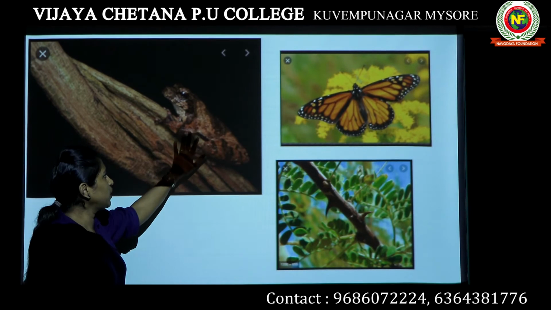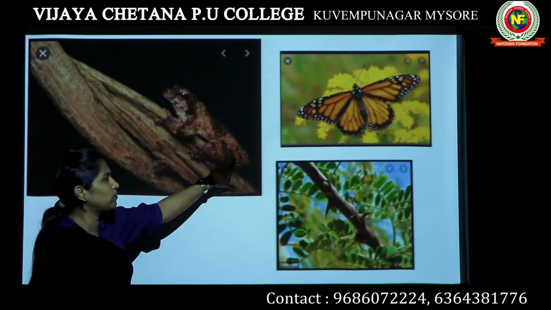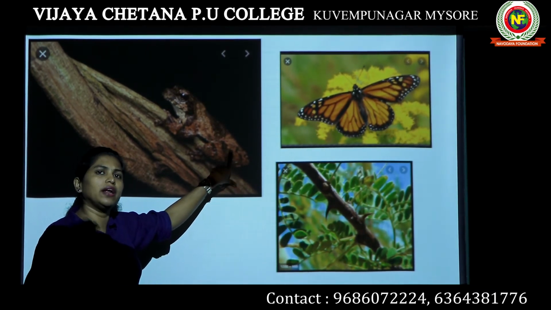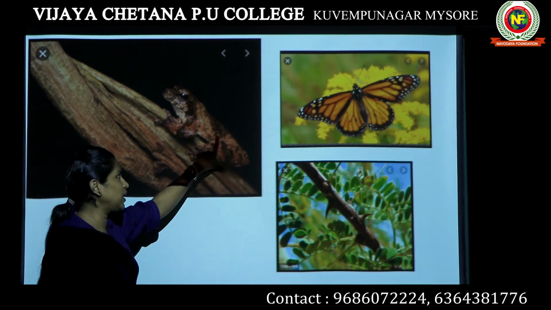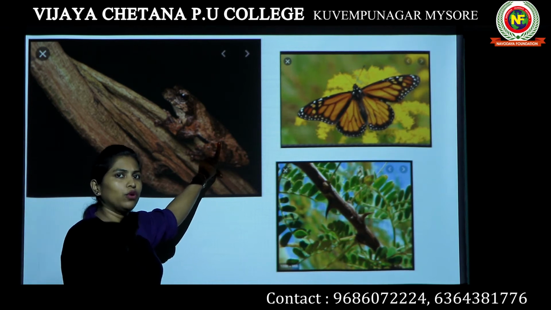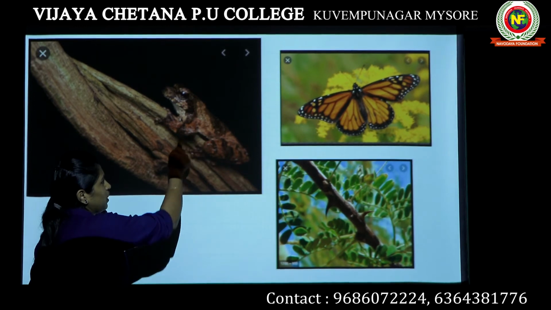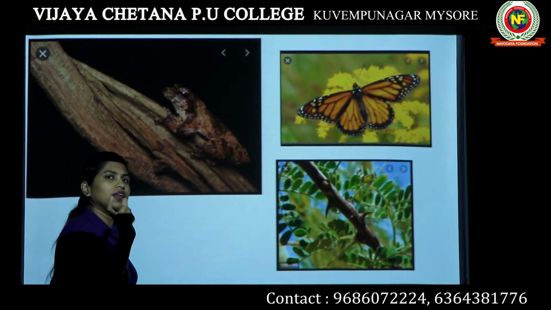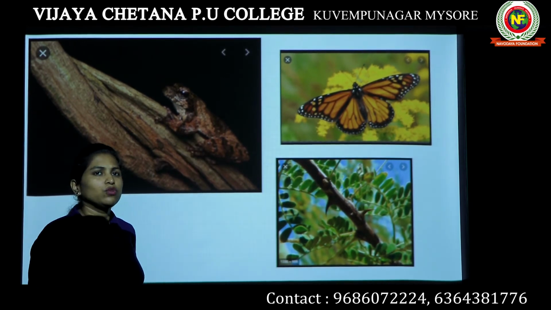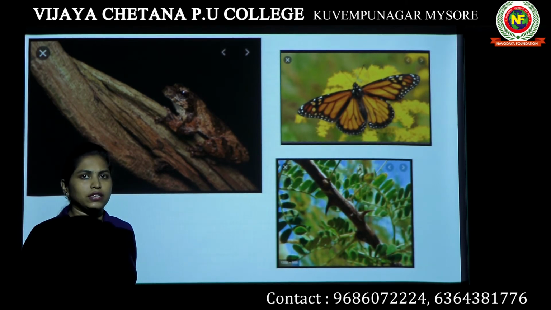So why are they doing this? Why is the frog color similar to the color of the tree bark? Why has the frog developed this color? In order to protect themselves from the predators. Okay, if a snake is coming to eat this frog, if a snake is in search of food, this frog is cryptically colored. It is of the same color as the tree bark. The snake will not be able to identify the frog. Okay, so this is known as cryptically colored or camouflaged.